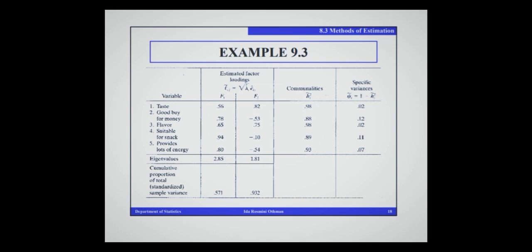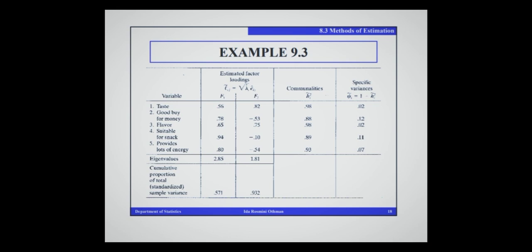0.02. How to get that? 1 minus 0.98. You akan dapat 0.02. Okay, the cumulative kat sini, you akan dapat how to get this. 2.85 divide dengan 5 sebab kita ada 4P. You akan dapat 0.571. Okay, you see that 0.571 is not enough for us to use only one factor to